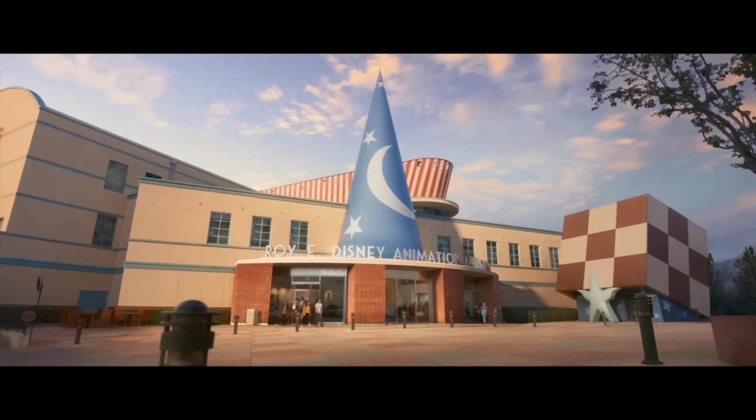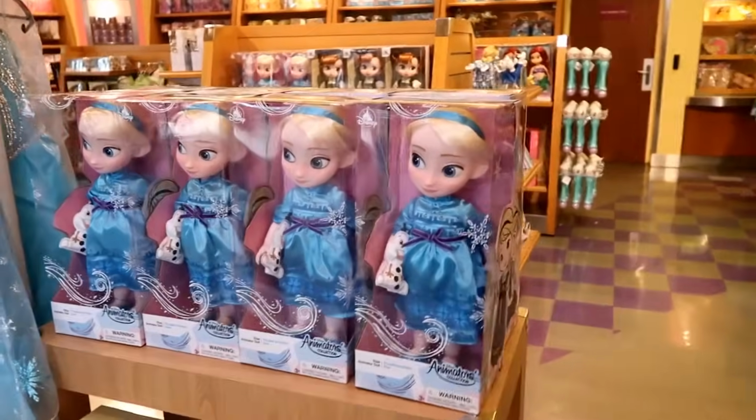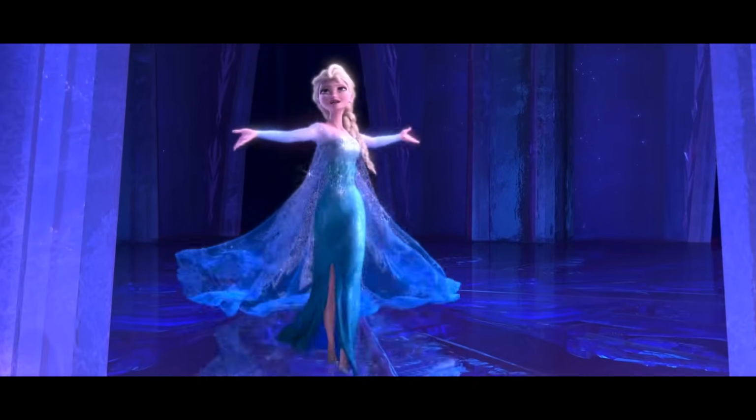But in the very next year, it was finally time for the pop culture phenomenon, Frozen. Within the walls of Disney Studios lives a ton of memorable characters, but the one that sold the most merch is Elsa, played by the